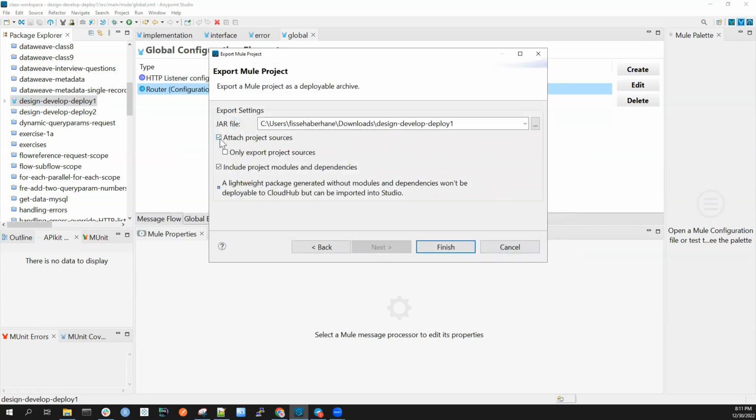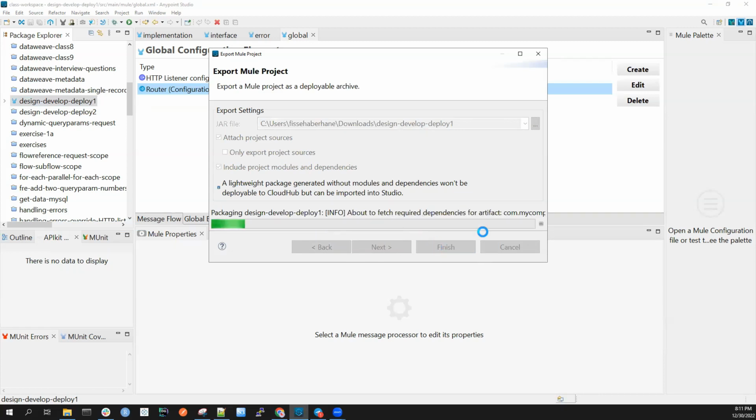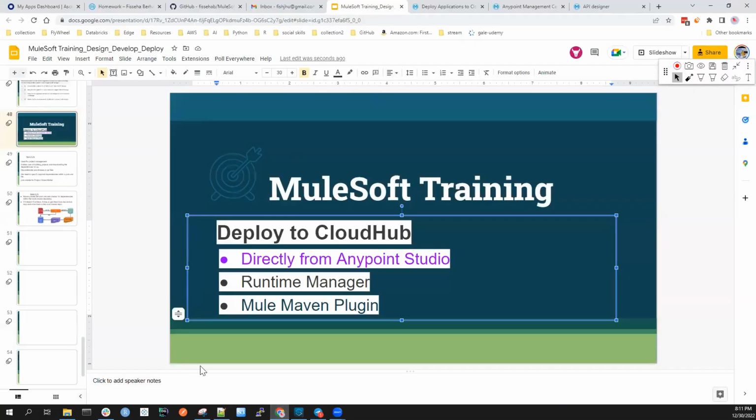And we said here, we have to make sure attach project sources and include project modules and dependencies are checked. Otherwise, when you deploy it, if any of these are missing, Cloud Hub will not download them for you. So since it will not get them, it will not work. So your deployable archive has to download all necessary requirements, all necessary libraries, and archive them together, like zip them together. Then you upload that jar file. So if you click finish, now it creates a jar file for us,